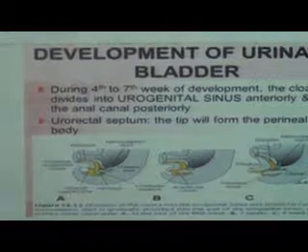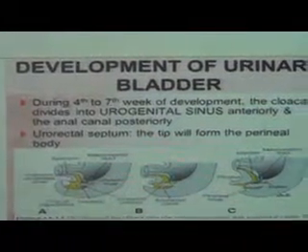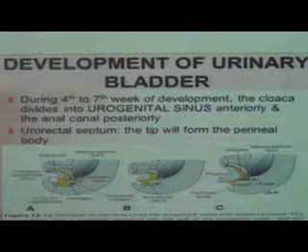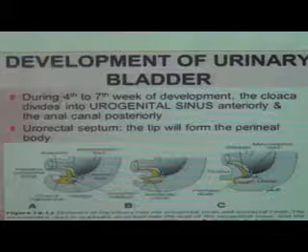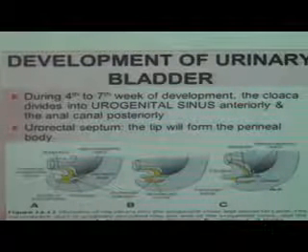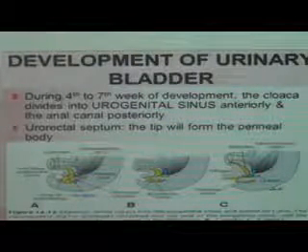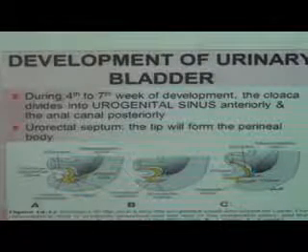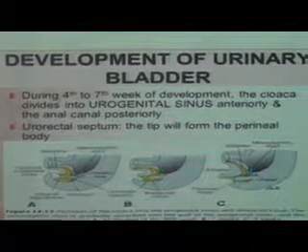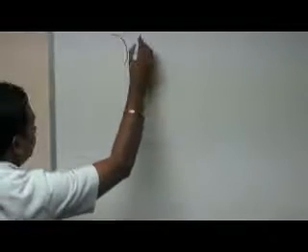Okay? So the urogenital sinus is also divided into two parts, cranial and caudal part. The cranial part of the primitive urogenital sinus is called the vesico-urethral canal, and the caudal part is called the definitive urogenital sinus. Okay? And at the junction of the vesico-urethral canal and definitive urogenital sinus, the mesonephric duct, which is derived from the intermediate mesoderm, opens. We can see it in this diagram. So see, this is the allantois.